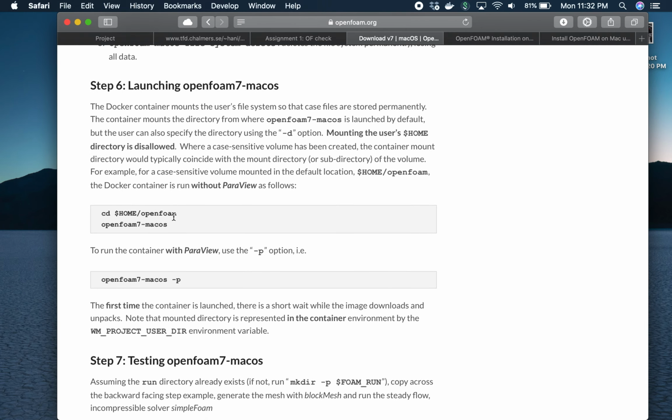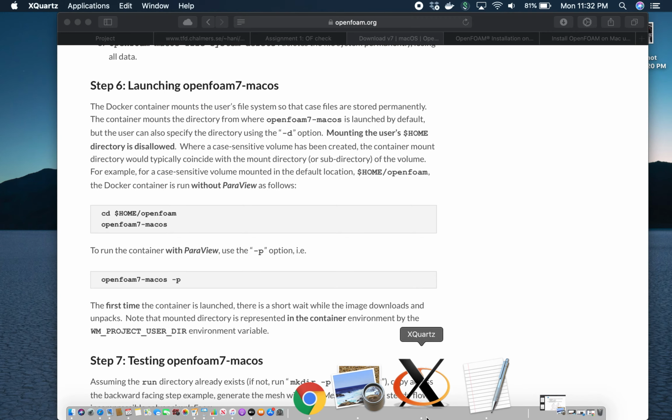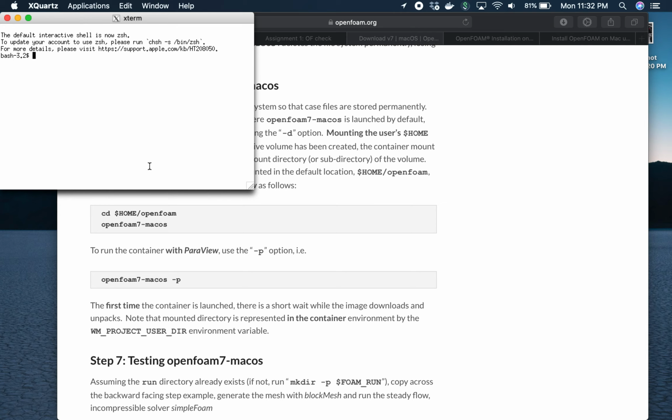Now, each time when you start up OpenFoam, if we go in and open up a new terminal, the important thing here is that the cd is setting up what folder you're in. And so if you do cd home and then OpenFoam,